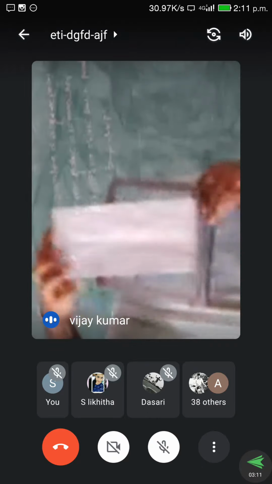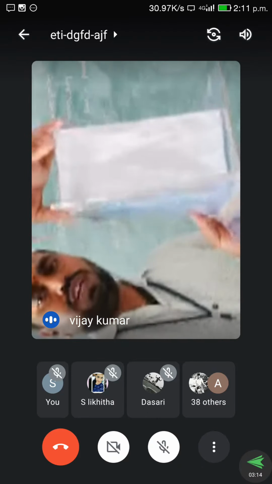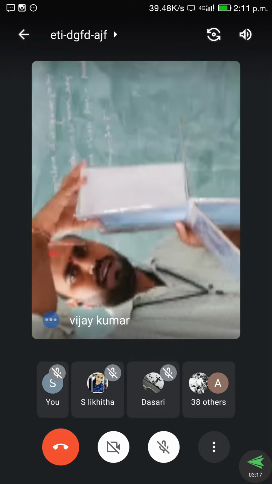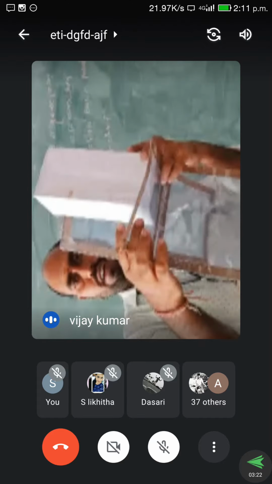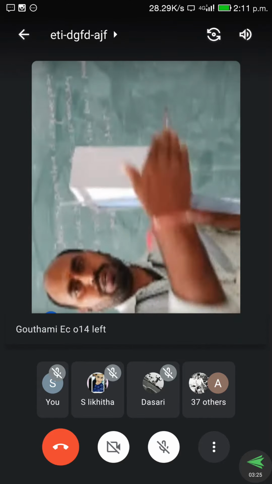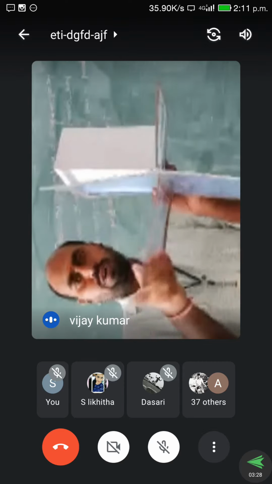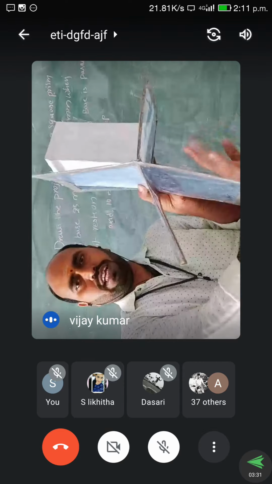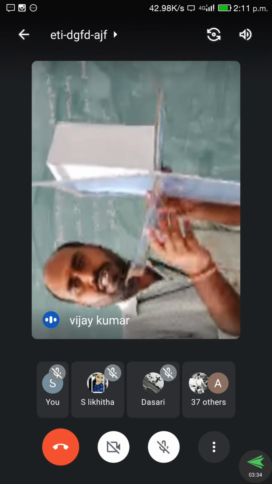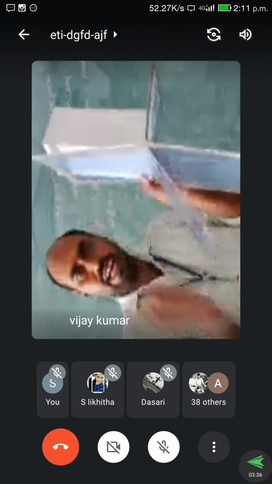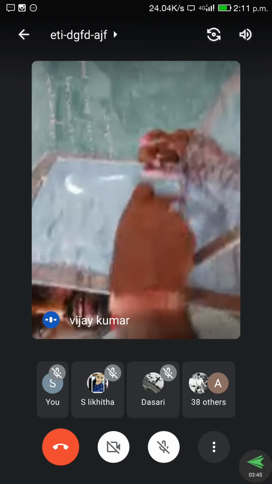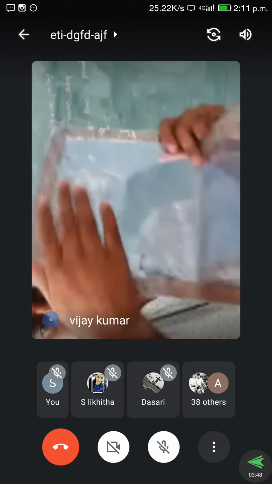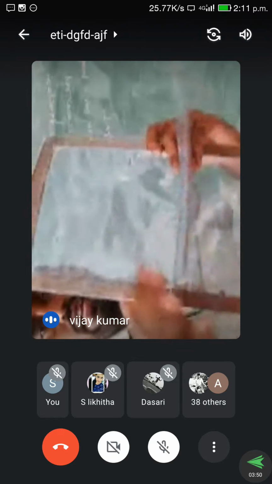See, it is standing on, I will show you this one. It is exactly standing on the reference. This is the VP, and this is called the horizontal plane. Both are perpendicular to each other. I am not talking about the second, third and fourth quadrants. Just leave those. We are in the first quadrant. And this line is the reference line. This is a vertical plane, and this is the horizontal plane.